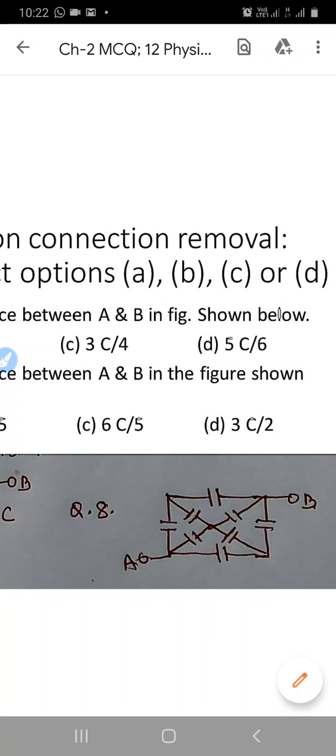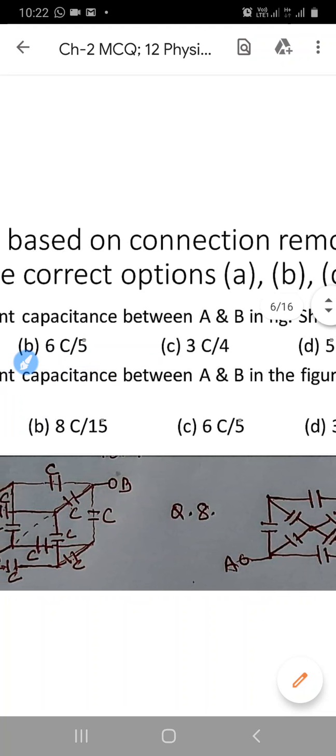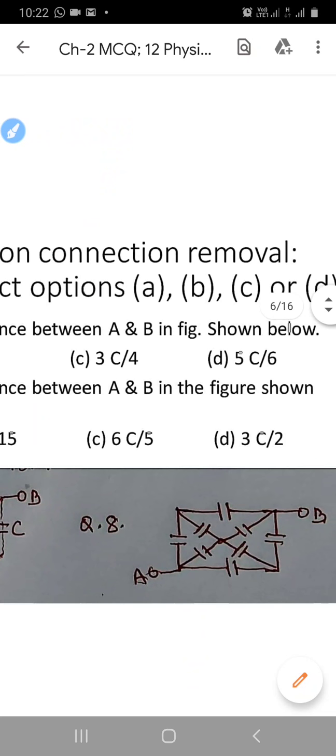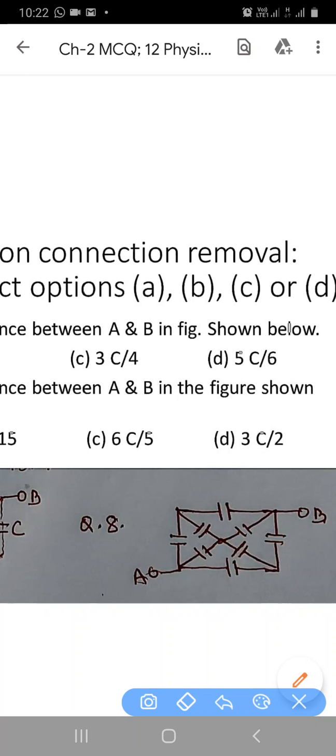So for perpendicular symmetry, you see here, if I take point D here, and here is point N, here is point E. So all points D, N and E will be at the same potential. So between A and B, the arrangement will be like this: